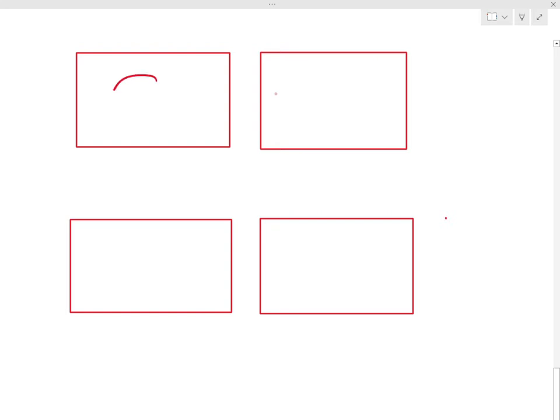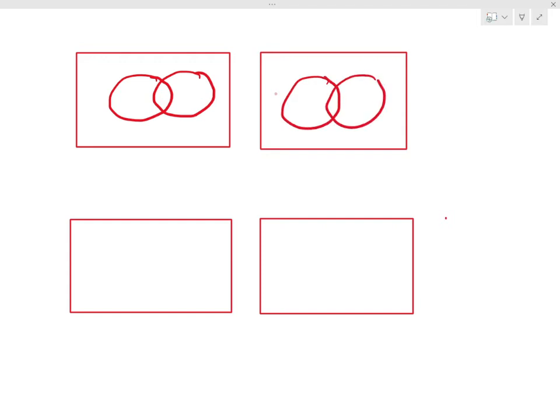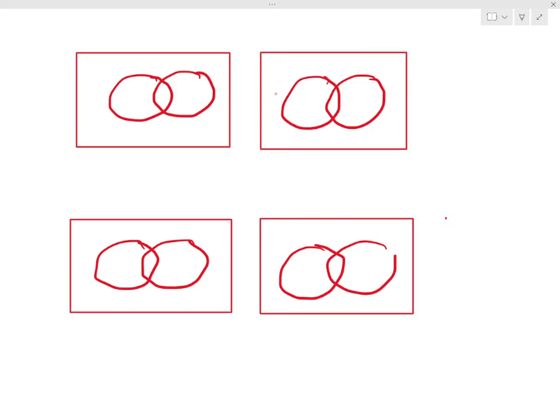So let's draw the circles in there. I think there's about 8 of these to do. Different regions. Now, this is all going to be A and B, and A and B, and A and B,